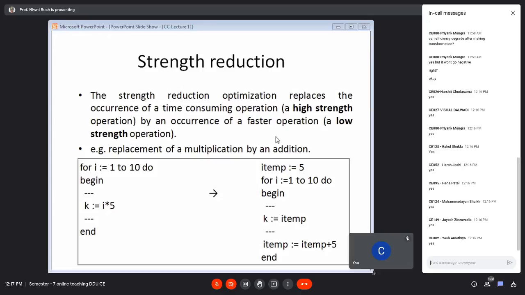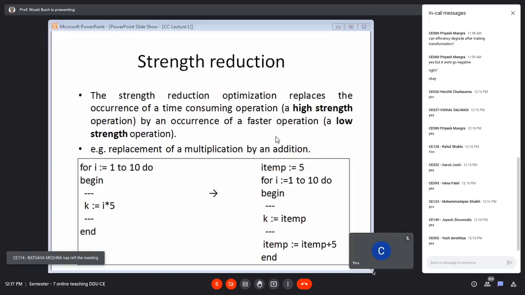For example, we are replacing multiplication by addition. Multiplication is definitely going to consume a lot of time. It is a high strength operation, and addition is a low strength operation. So if we replace multiplication with addition,